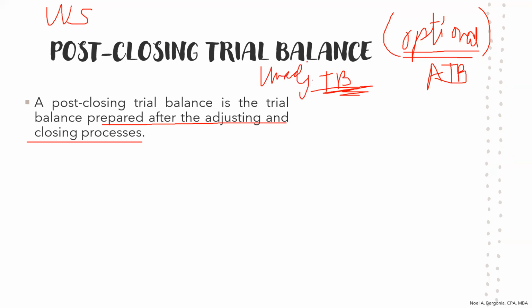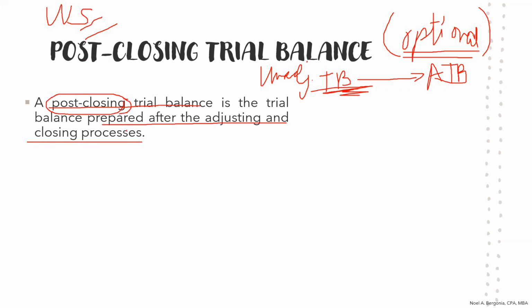So that's a result of after journalizing and posting the usual transactions. Then after adjustments, gumawa ka ng adjusted trial balance kung gumawa ka ng worksheet. Pero ngayon, at the end of the accounting process, after ninyo mag-post nung ating closing entries, then you can now prepare the post-closing trial balance. Kaya siya post-closing kasi it's already after the